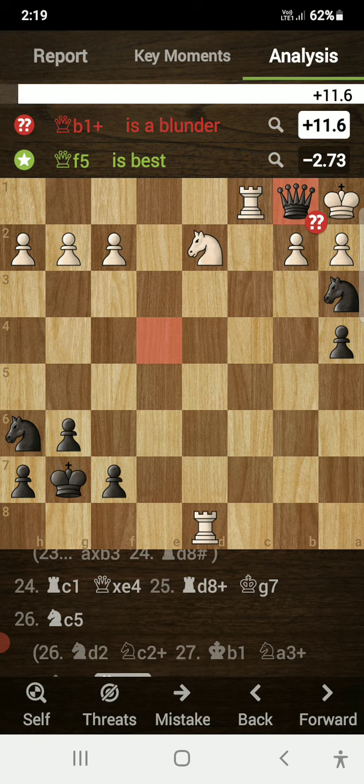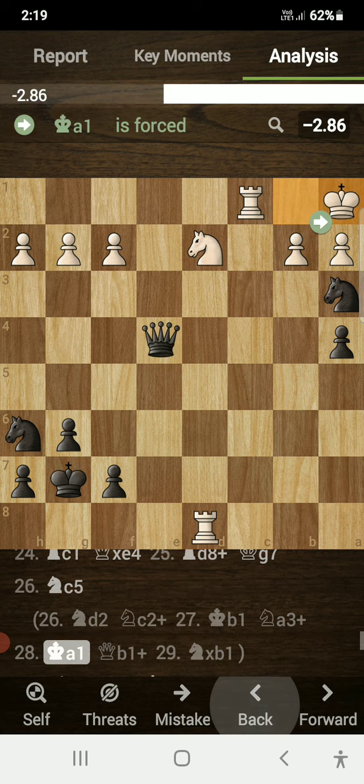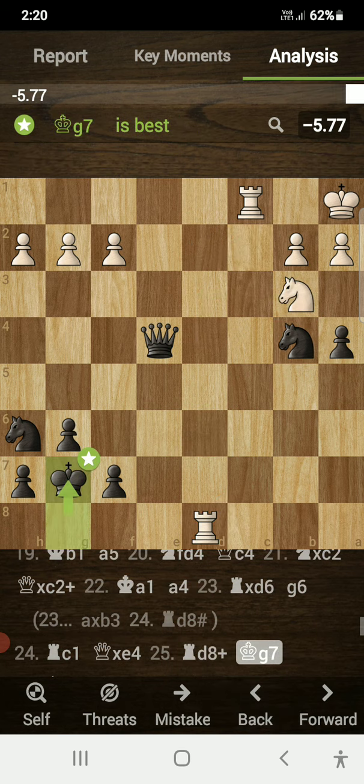it would have been a blunder because now the knight controls the b1 square and it can take the queen, and there is no smothered mate, because the rook is controlling the c2 square. That's why knight to d2 was actually the best move in this position. But still I won the game, and